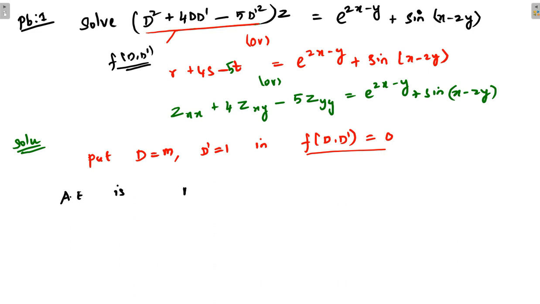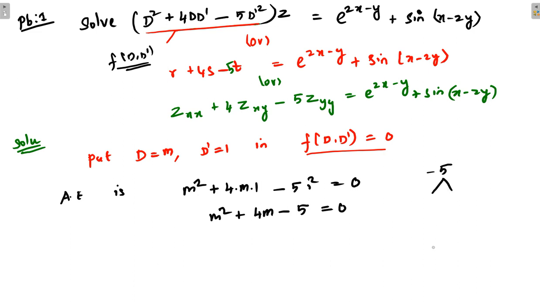So m square, if you substitute, you may get m square plus 4m minus 5 equal to 0. So this is a quadratic equation. Try to solve this quadratic equation. You can rewrite this term as 1 and 5, their addition is going to be 4, but their multiplication is going to be minus 5. So like this you have to include the sign of these two terms. So I have included the negative sign in the number 1.